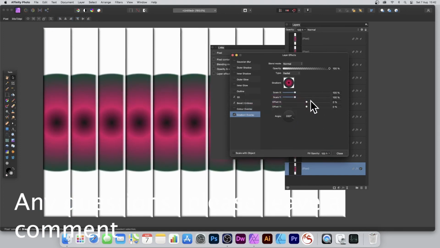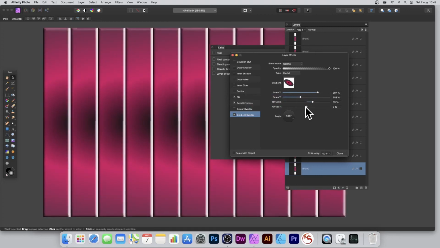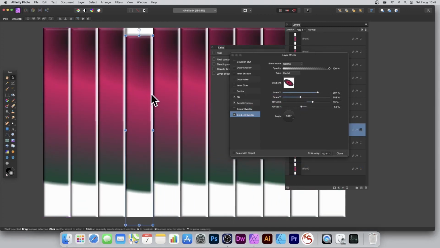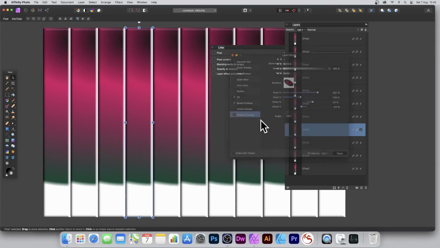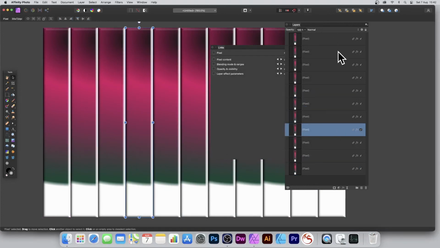And just going to increase scale, change the scale there, and you can see a whole range of different designs, all that can be, oops, don't want to move that, can be modified at any point, and they're all linked to create these wonderful